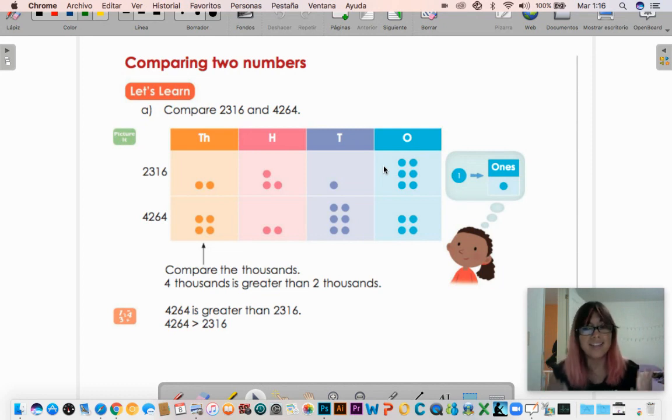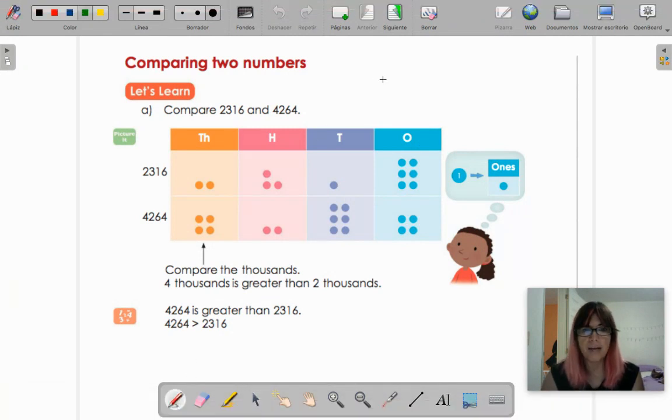Yesterday we learned the digits and the values of digits. So you are becoming experts on numbers. And today, finally, we're going to compare numbers. We're going to see which numbers are bigger or greater and which numbers are less than other numbers. Okay? So, before I show you this,